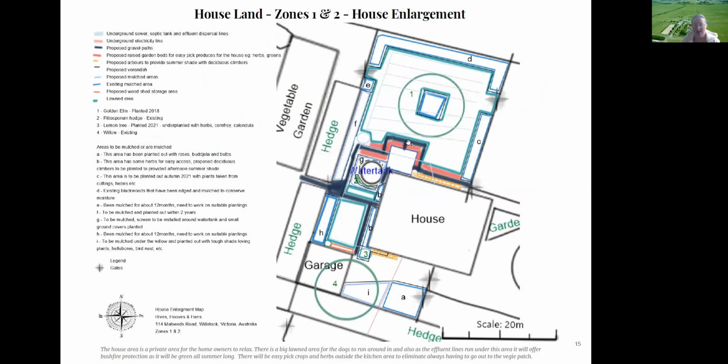I'm planning on putting raised garden beds around this sort of area so that I can put in easy pick crops that we can grab from the house and put in our food. So herbs, salad greens, kale, silver beet, those sort of things. I can just go out from the kitchen, grab it, come back in, saves going out here in the dark